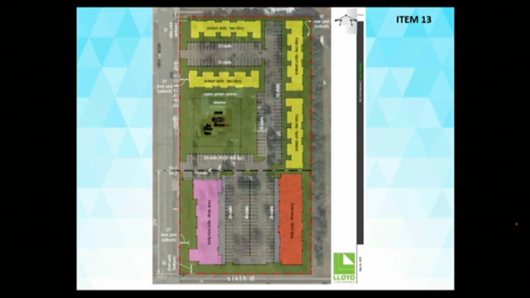In response to some of those comments, a lot of the things that we talked about were just that we were trying to look at this overall project as a large-scale development. So we're trying to look at how best can we utilize the entire 6 acres of the site and not necessarily just look at it project by project, which I think does a couple of things for us, and hopefully for the residents that could potentially live here. First and foremost, we've tried to consolidate parking, which then allows us to consolidate the green space and make it even larger, which we feel is important. And I think that to some degree addresses some of the concerns that the neighborhood had as well.